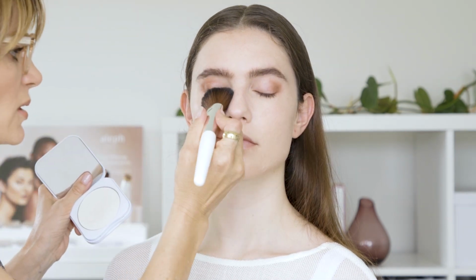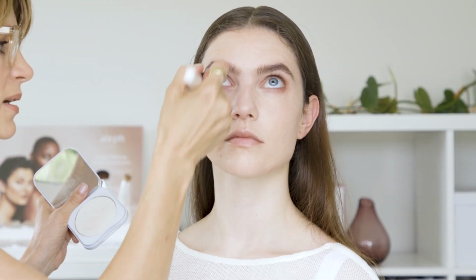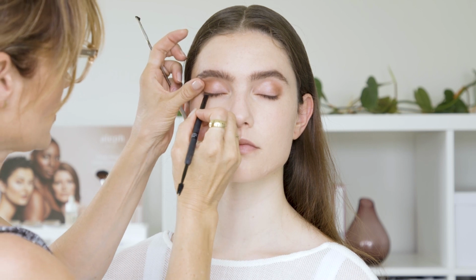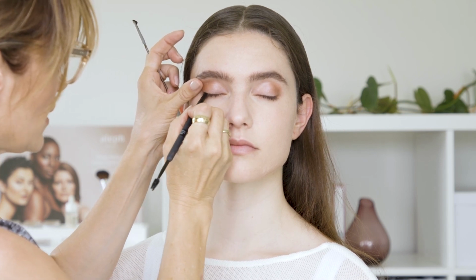I'm actually going to just dab under the eyes as well. I want to keep the rest of the face nice and dewy for Christmas Day. Give Alana a beautiful bright complexion. So I'm not going to powder the rest of the face, but just a little bit under the eyes. Keeps everything looking nice. To finish this look off, we're just going to apply a little bit of gel liner